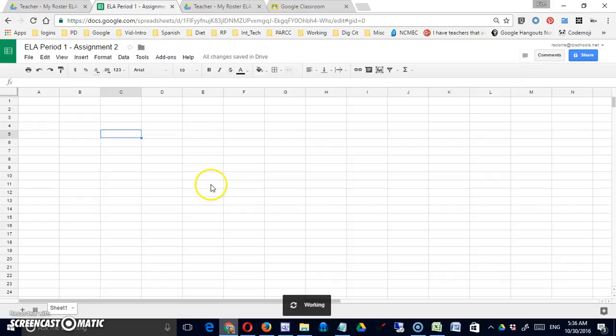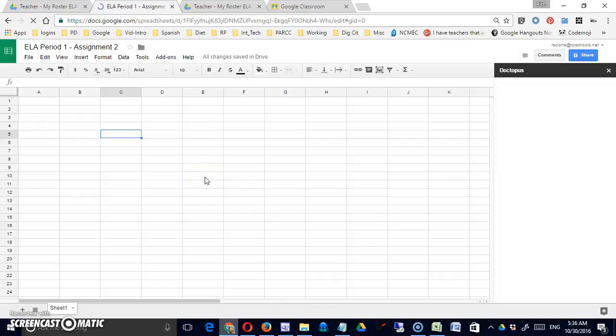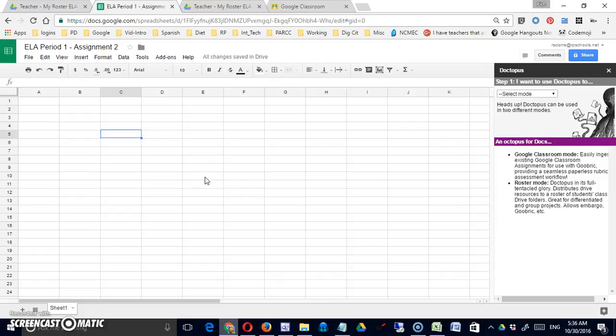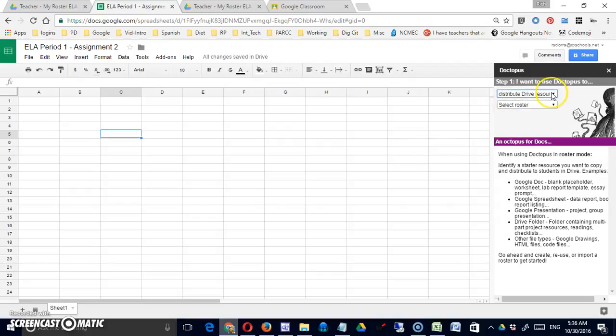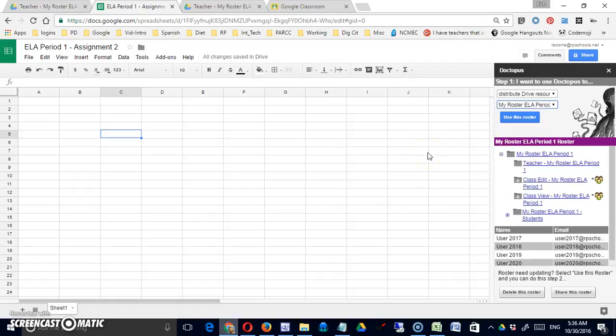Now this process should be a lot quicker than the first one. Because I've done a lot of that work up front, I'll still have to click through the steps and do certain things, but it should be a little quicker anyway. My mode. Now in a later video we're going to look at how to work with Google Classroom, but for right now I'm going to pretend that I'm not using it, and I'm just going to pick distribute drive resources. You'll see that previous things I've done are listed in here, so I'm going to go back to that ELA period 1 information. It has the information that I want in there,